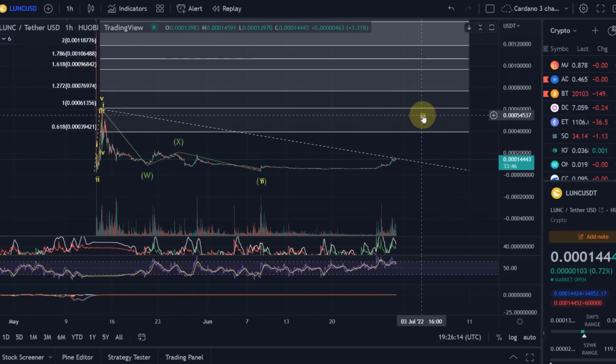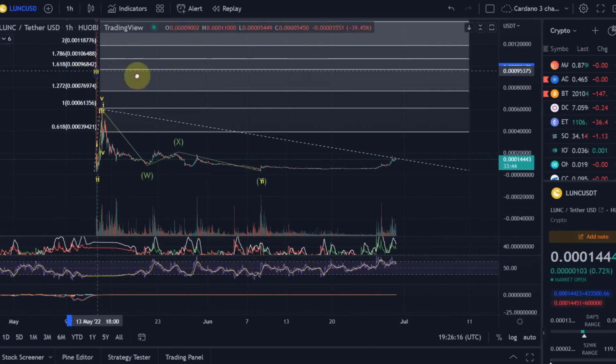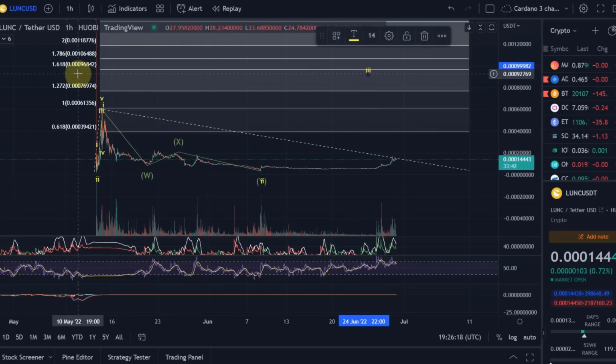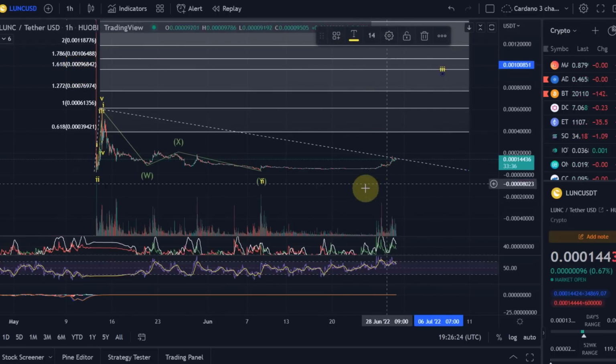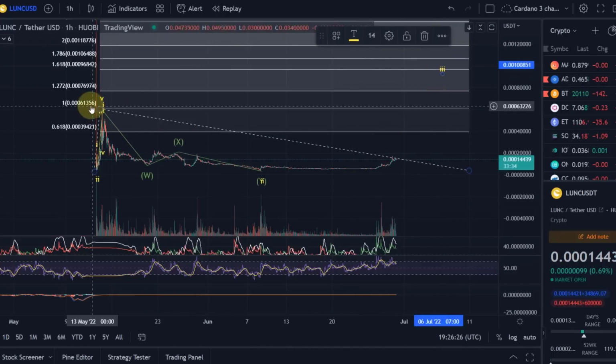I don't even know how to read this. 96842, with 3 zeros before that, all right? So this is where the wave 3 would need to go to as a minimum. There's a long way to go, but it would mean we make a new high, higher than the wave 1, of course.